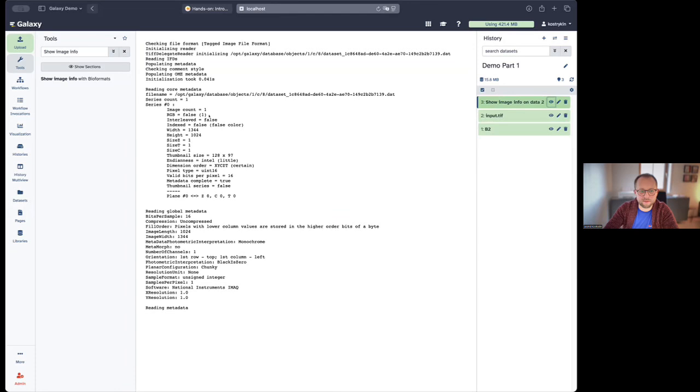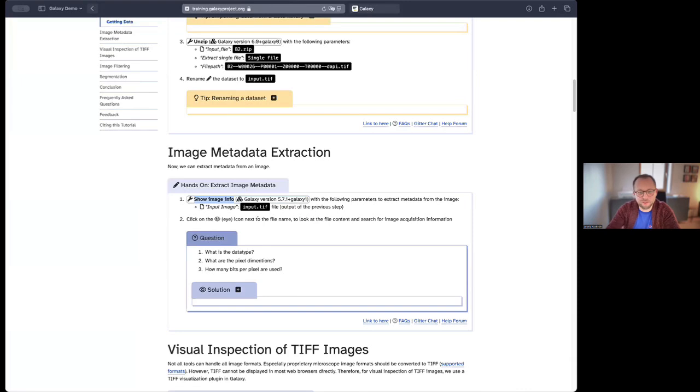We can see that it is a grayscale image. And I think there's also the number of bits per pixel in the color channel. So it's a 16-bit image. And this is also the reason probably why the contrast of the image is so bad, because the range of possible values is quite large. And so it's not an 8-bit image, but a 16-bit image.